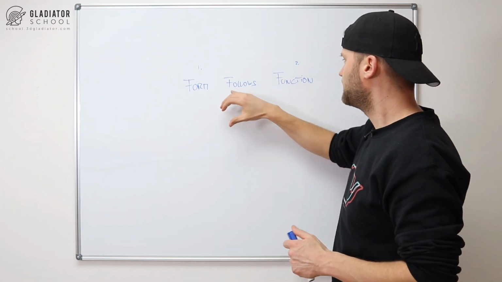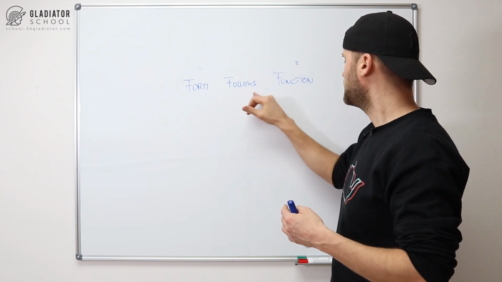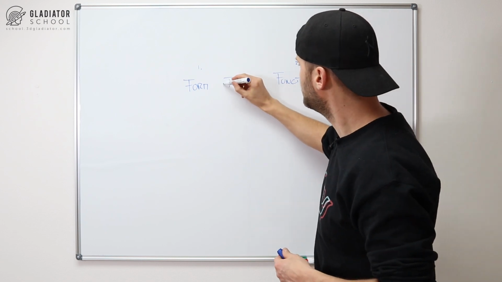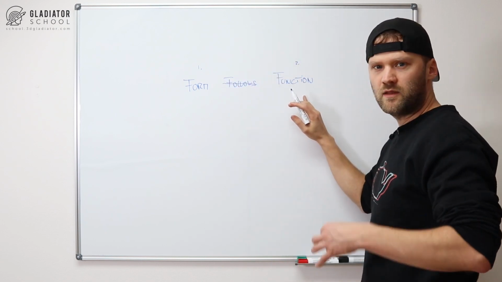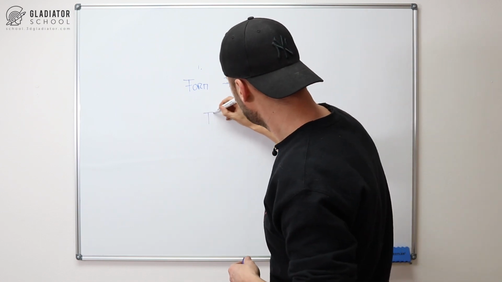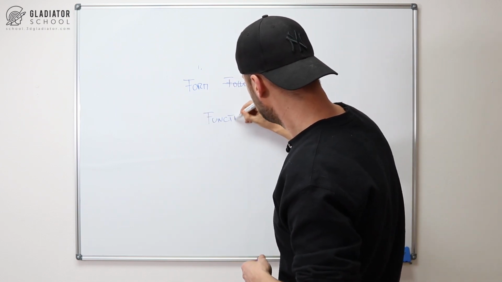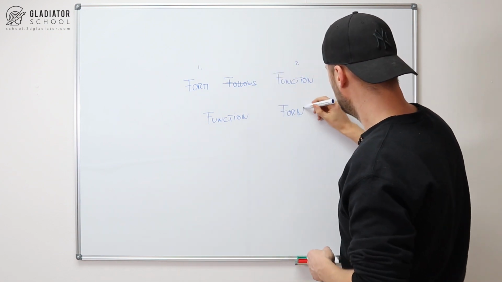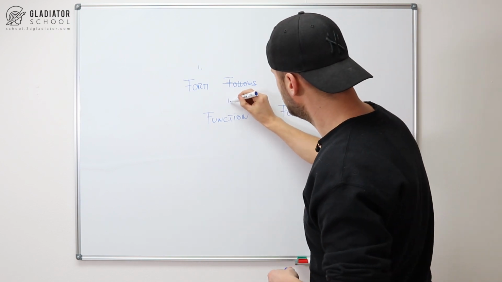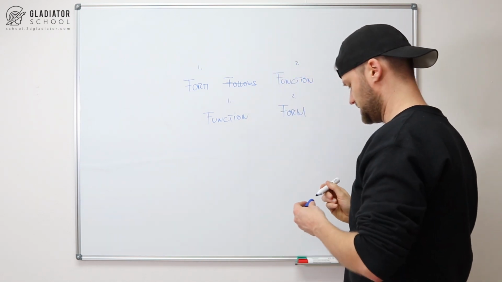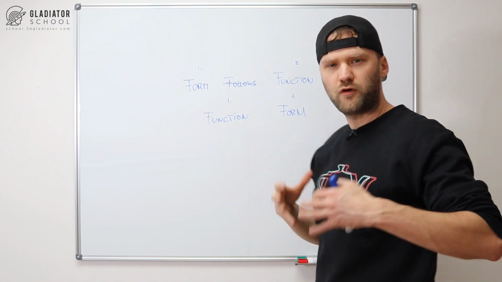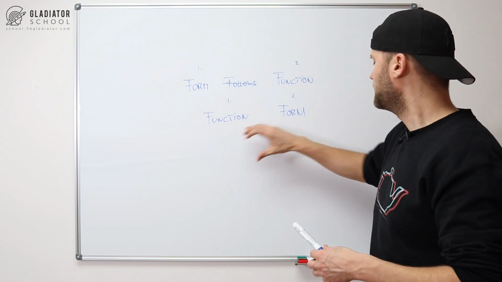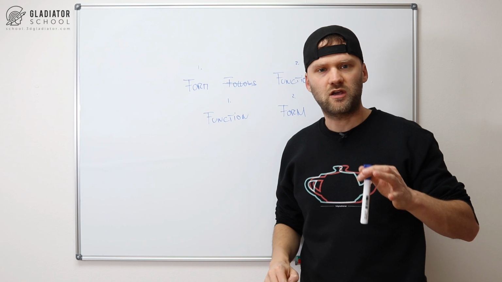by having the verb follows in between, this one makes form dependent from function. So let's say if we get rid of the term follows, we can write the statement like this. Function, form. So now function comes first and form comes second. And function comes first because it describes why something exists, and form comes second because it is the logic consequence